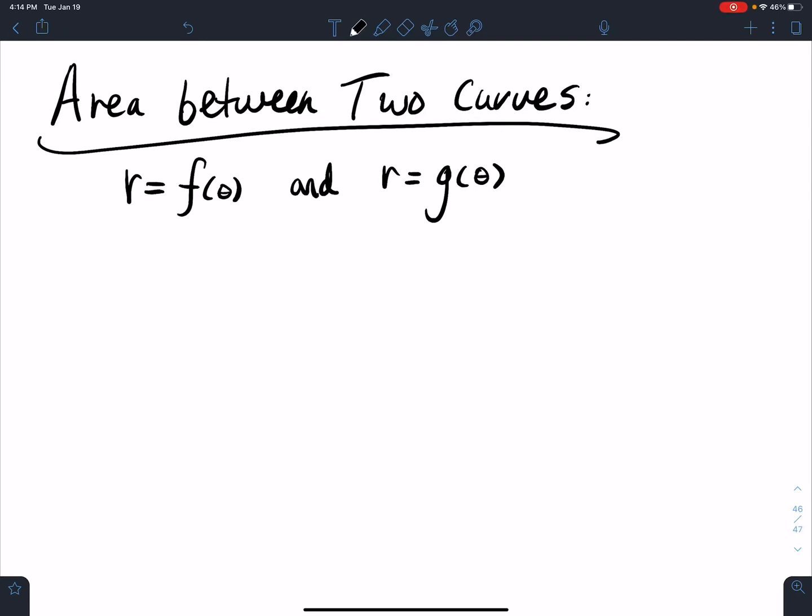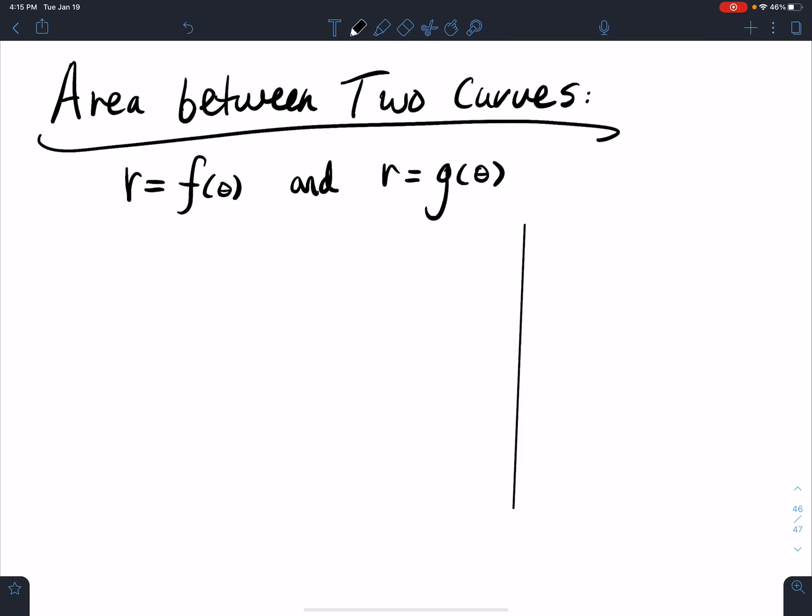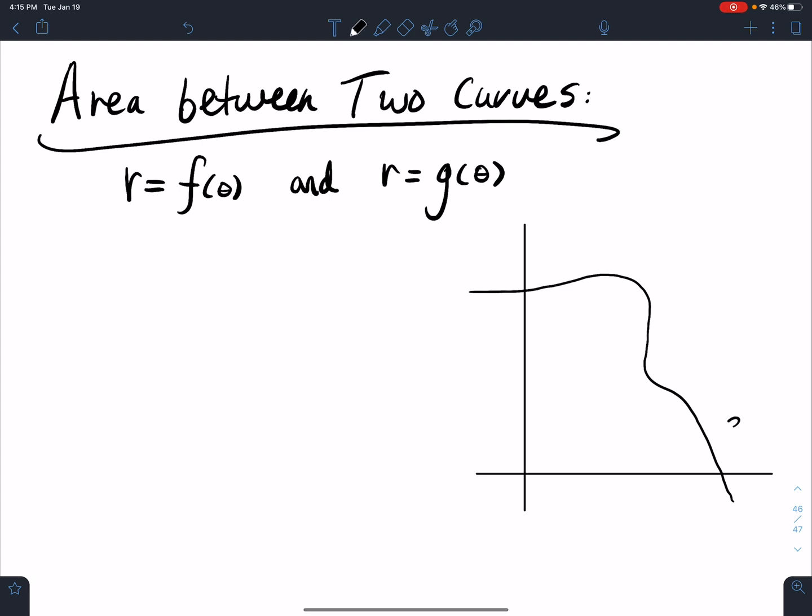Area between two curves, r equals f of theta and r equals g of theta. So when we calculate this one here, let me draw a little picture. All right, so I've got this function f, and then I've got a function g. All right, and so what I want to do